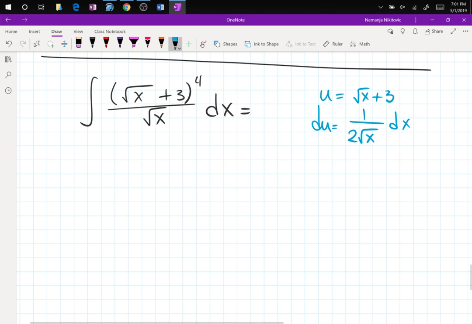So what do I not have? Well, 1/2. So if I plug in 1/2 over here, I have to put 2 on the outside to balance it. So 2 integral